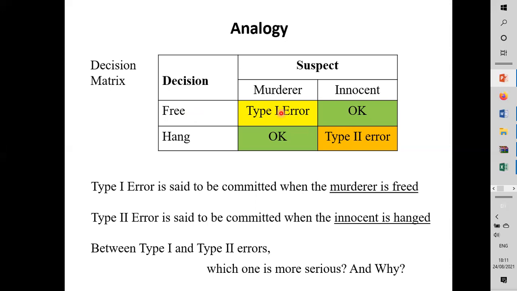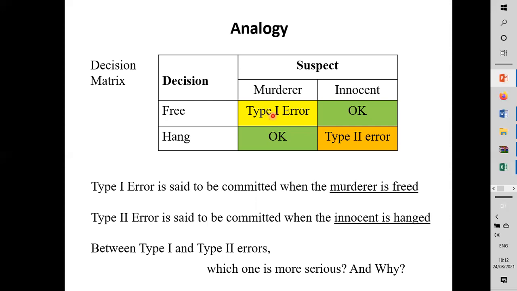It's very difficult to prove the guy is a murderer, but out of 100 murderers, you can't let go more than 5. If you let go more than 5, more murders take place. I have a question. Yes. Is it generally set that the type 1 error is 5% and the type 2 is normally 20%? Yes, it's a general consensus, generally acceptable.